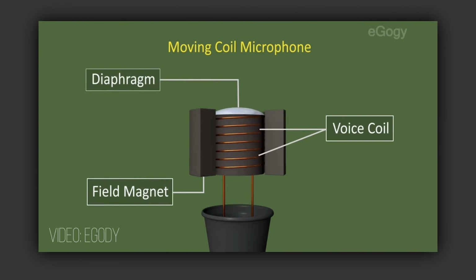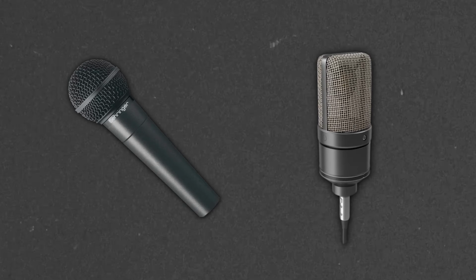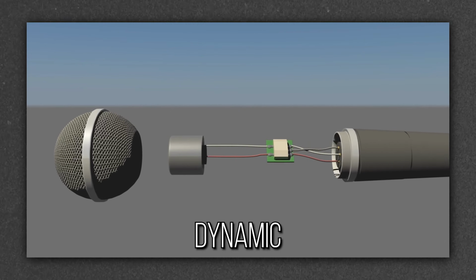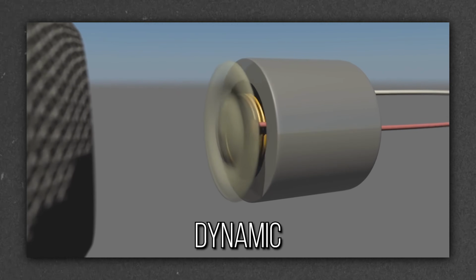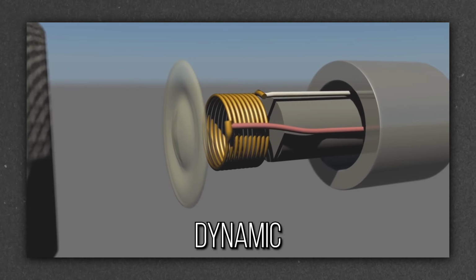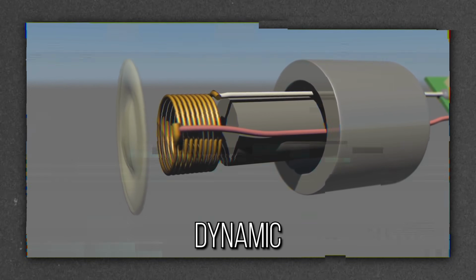Up first, let's look at a quick overview of two technical aspects of microphones that everyone should be aware of. The first is the actual mechanism used to convert physical sound waves to an electrical signal. We have two big players here: dynamic and condenser microphones. Dynamic microphones have a large magnetic coil inside that literally moves back and forth as it gets disrupted by sound waves, and this movement is then converted into the signal that we can listen to and record on our